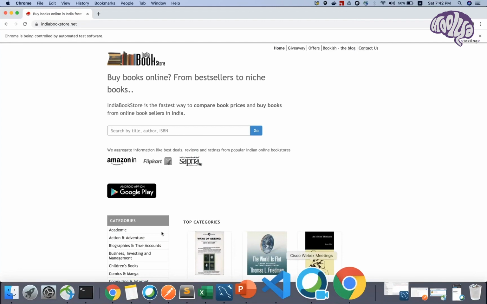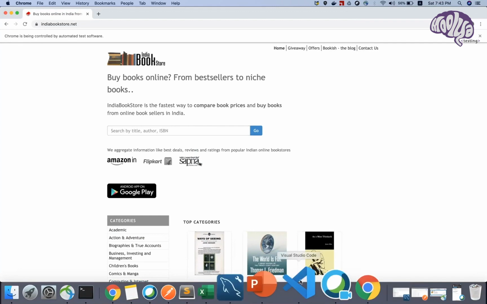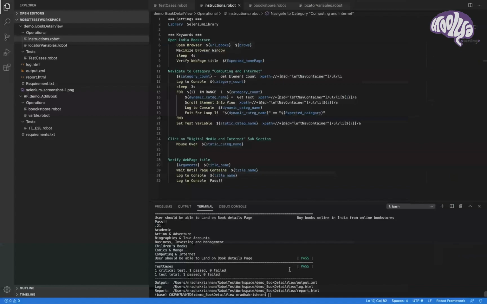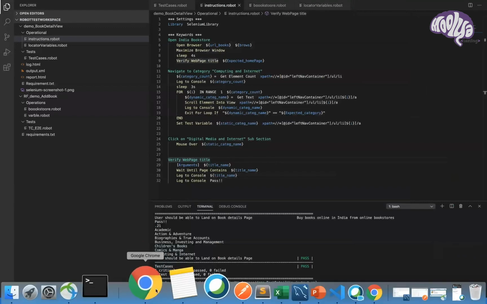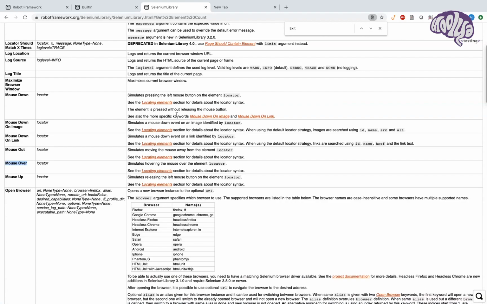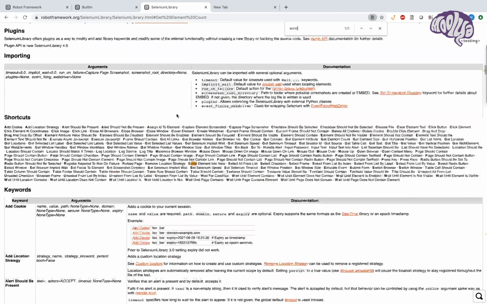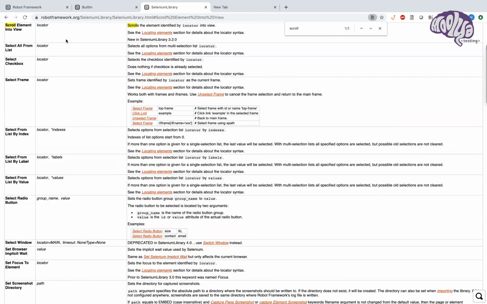It's quite fast, I guess. The script is actually fast. So meanwhile, I have introduced a new element so that while testing, you will know whether I'm validating correctly or not. There is a command called scroll element. It will help you to scroll the page until the element is in visible state. I have already added it.